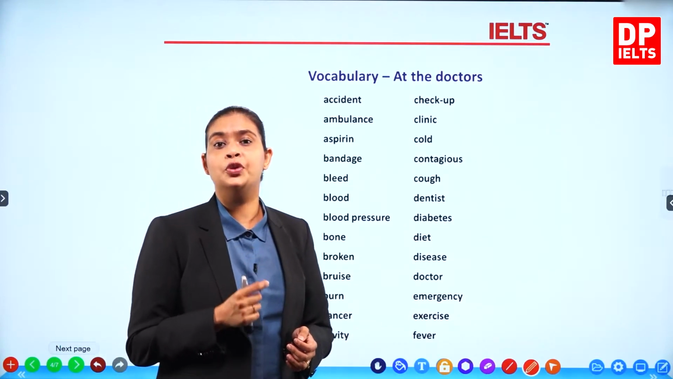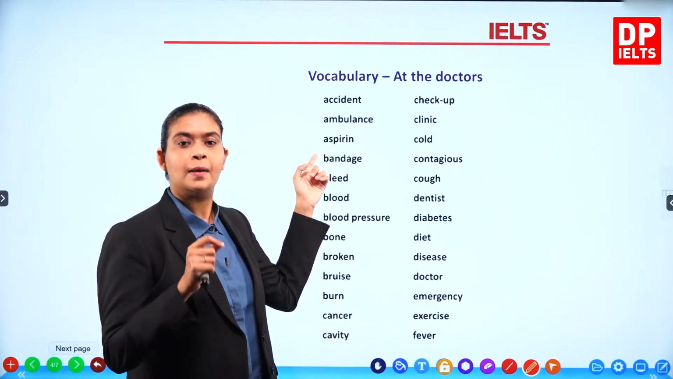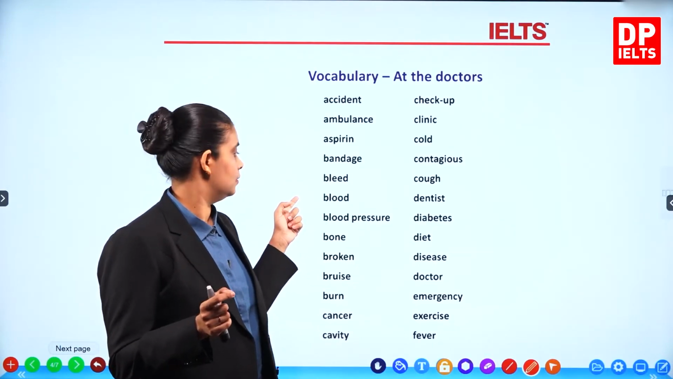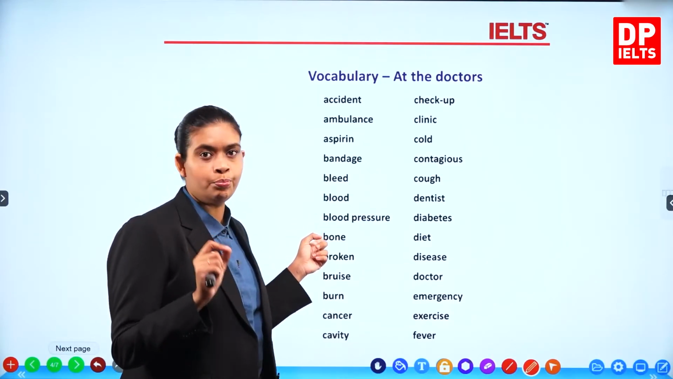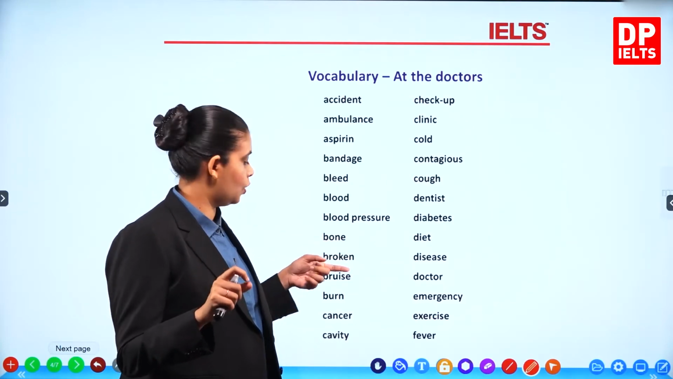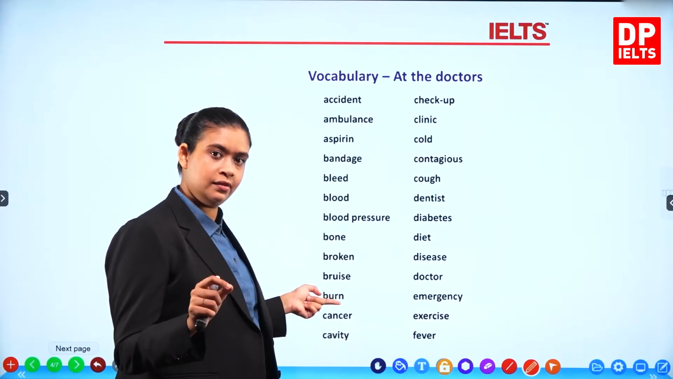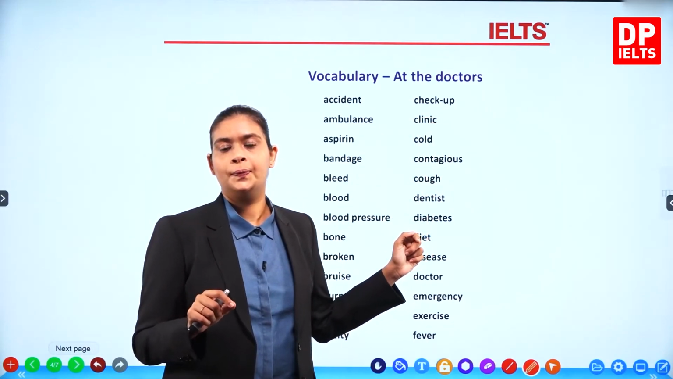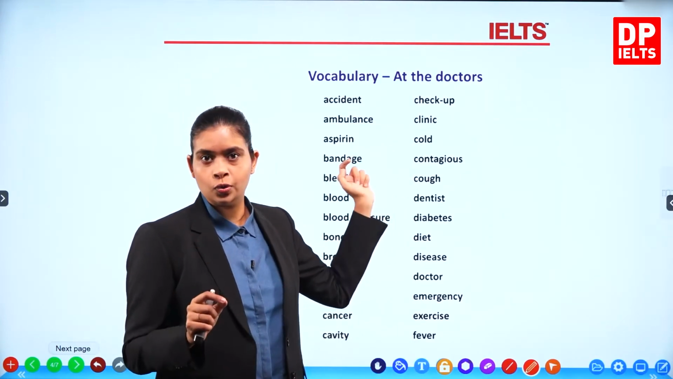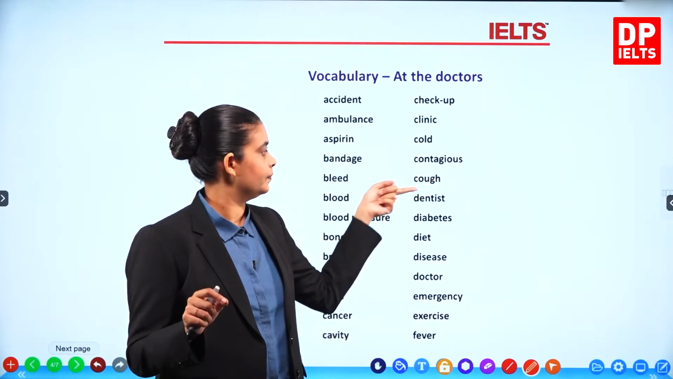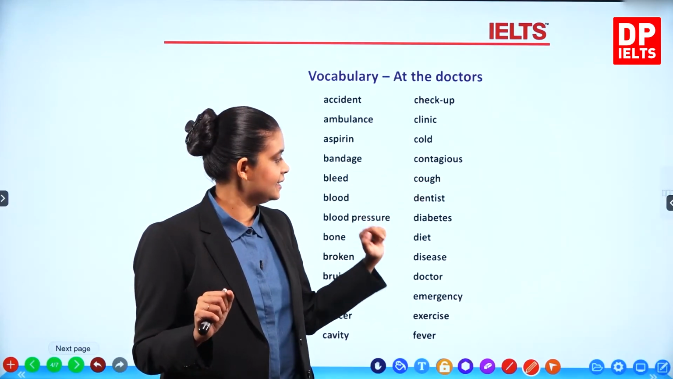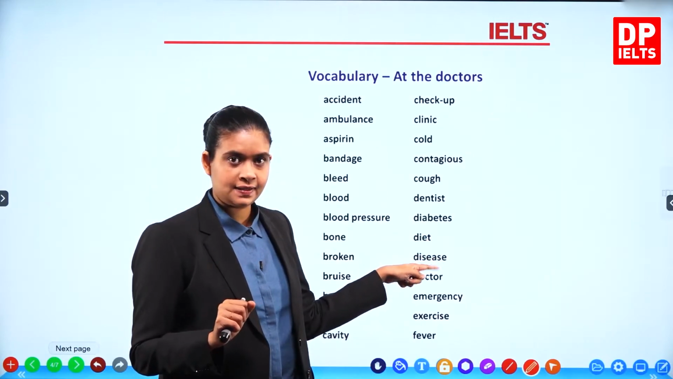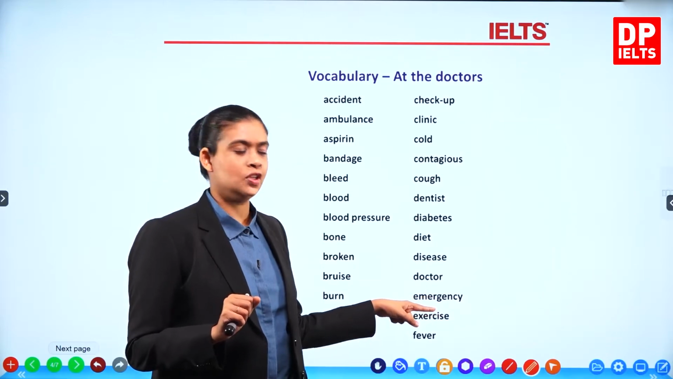Accident, ambulance, aspirin, bandage, bleed, blood, blood pressure, bone, broken, bruise, burn, cancer, cavity, checkup, clinic, cold, contagious, cough, dentist, diabetes, diet, disease, doctor, emergency,